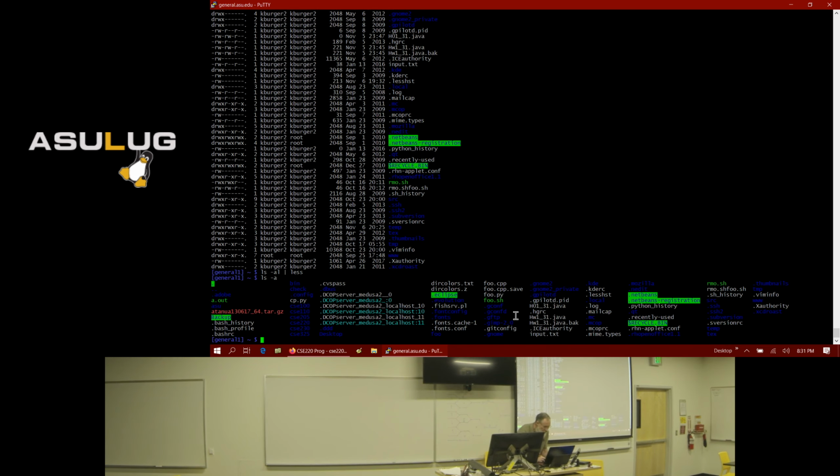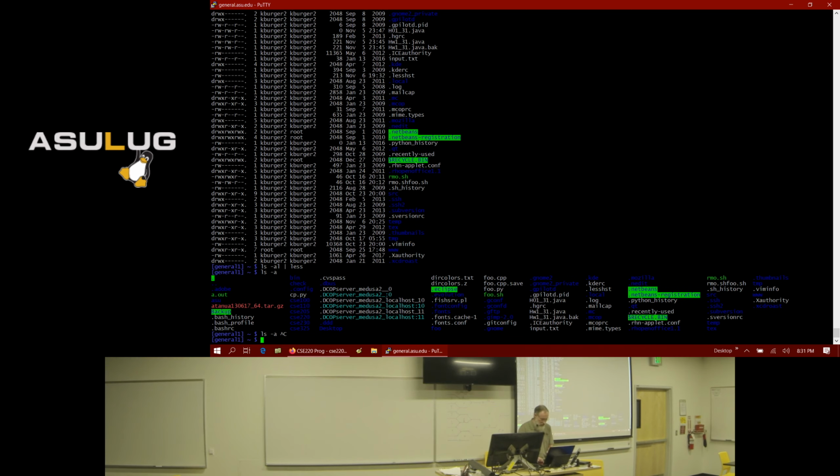The hidden files are the ones that start with a dot. You'll have a .bash_profile, and then you'll probably have a .bashrc file. You can edit the .bashrc file.